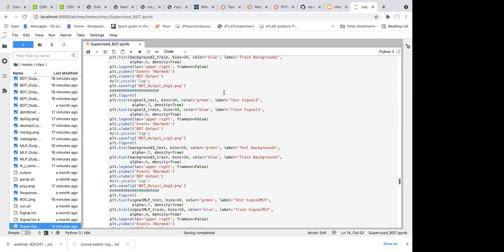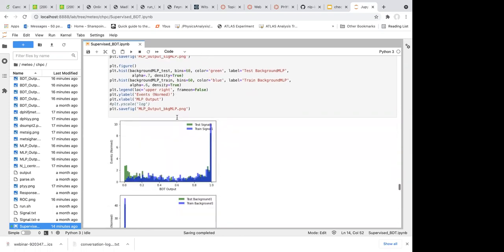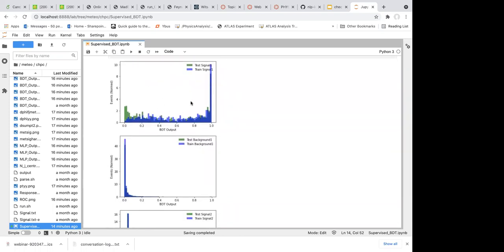Okay, so let's just directly skip all of this code because it's just repeating and plotting. Let's directly see the plot here. This is the first method, and we are looking at the signal. So here we are comparing signal to signal. You inject the true signal sample, and you look at the test and the training sample. What you hope is that they should be identical, or say roughly the same.